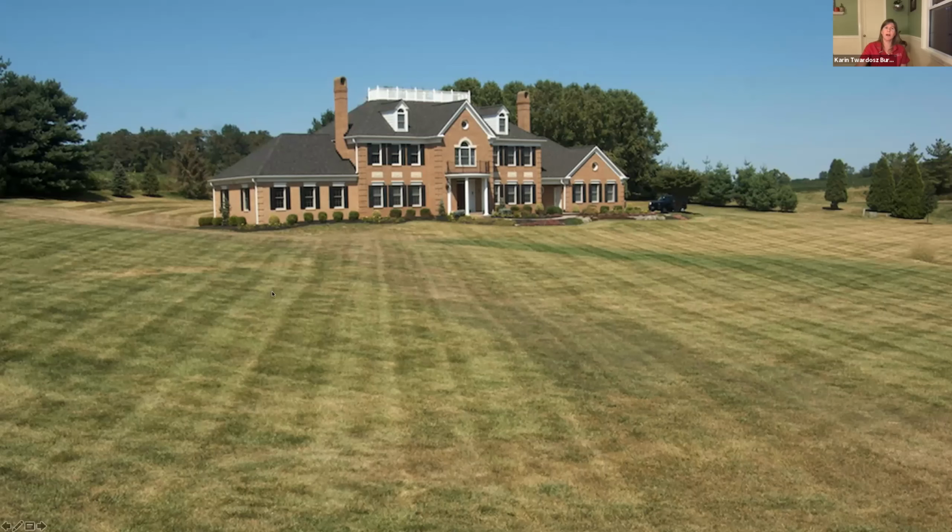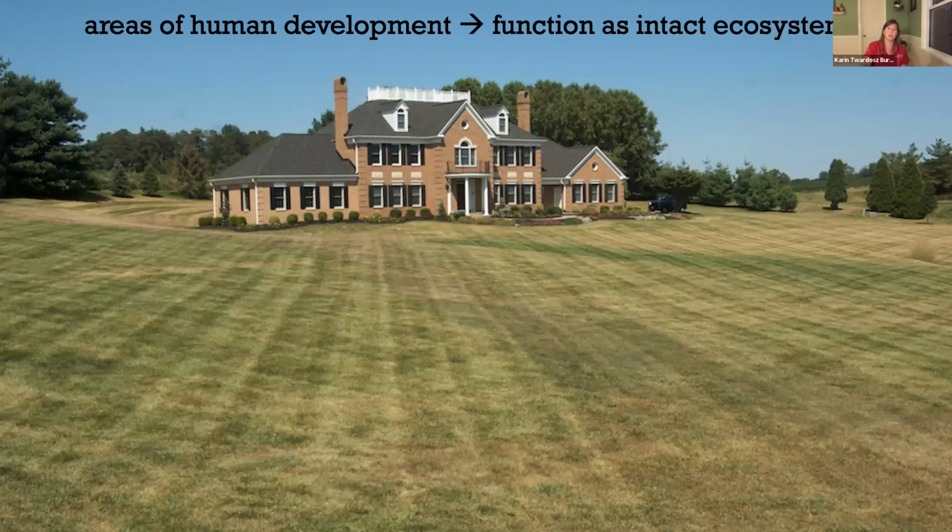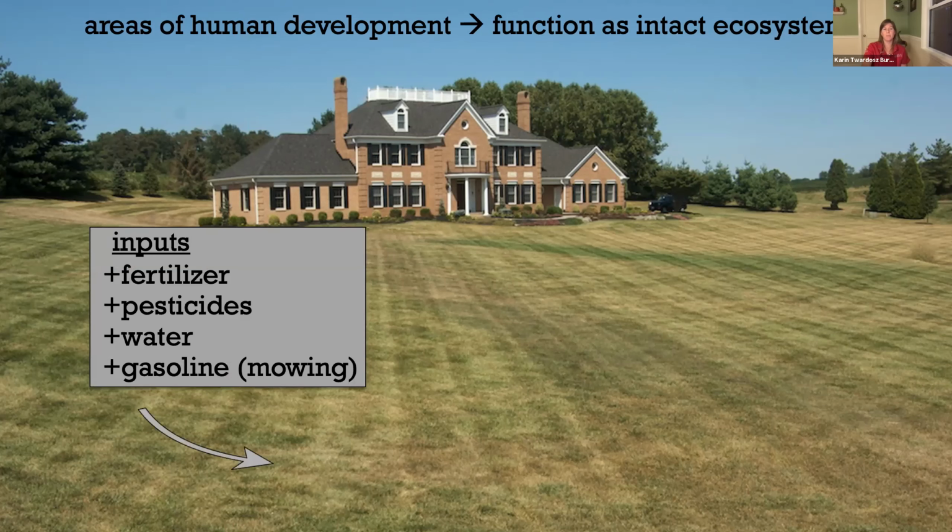This landscape requires an immense amount of energy to keep it in the state that you see here. There's watering, there's pesticides, there's removal of stumps and snags. There's all of these sort of inputs we do as humans. And in order to make an area like this function as an intact ecosystem, what might we need to do or add? So at the moment, we've got a lot of inputs probably going into this landscape. So fertilizer and pesticides, maybe water, not 100% sure, but definitely gasoline for mowing. It's a pretty impressive mowing job.